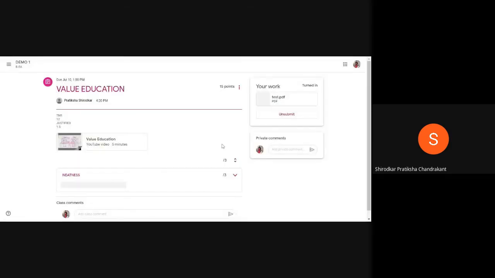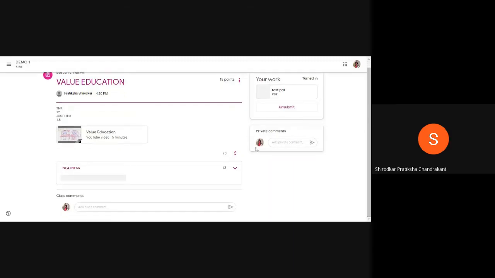Okay. So when you submit the assignment, instead of turn in, you will get unsubmit. Say suppose if you're not happy with the assignment as a student and you want to unsubmit it, you can do that as well. You can click on unsubmit and it will work. And below your work tab, there is one more option of private comments.